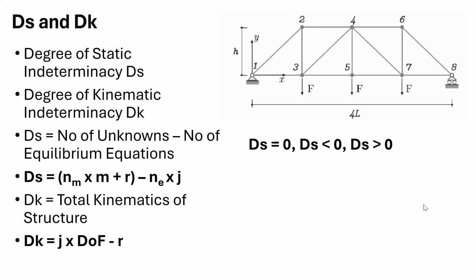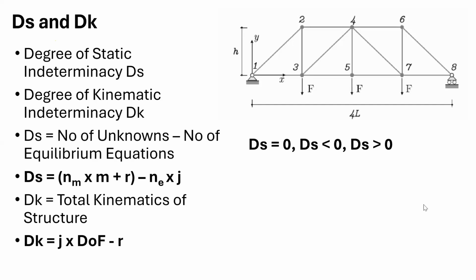So how can we solve these 16 unknowns? We have learned two methods in the analysis of the truss: the method of joints and the method of sections. If you consider the method of joints, how many equilibrium equations are we applying at the joint? There will be two equilibrium equations, summation Fx = 0 and summation Fy = 0. In the assumption of 2D truss analysis, we are not considering any bending moment or shear force in the truss. Only the axial force we are going to consider. So bending moment, summation M, is not applicable, and other forces are not applicable.